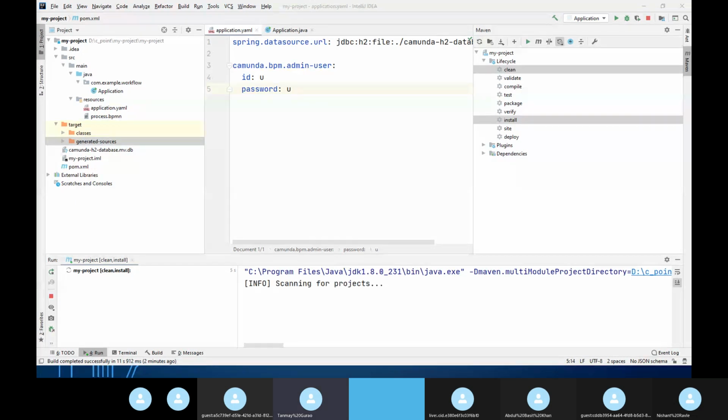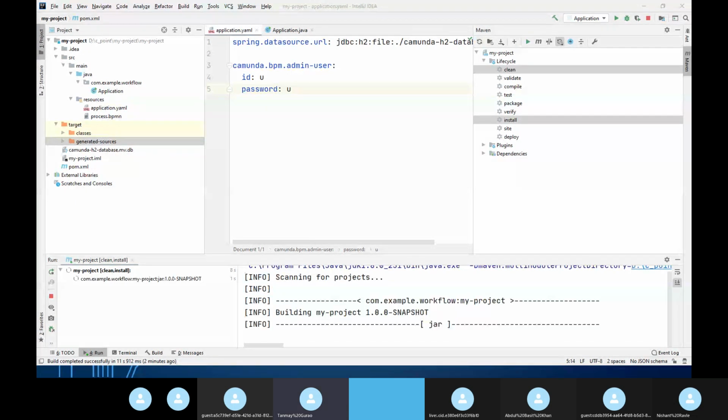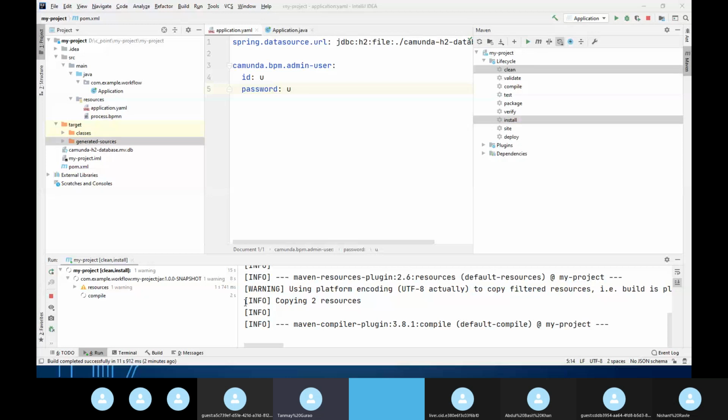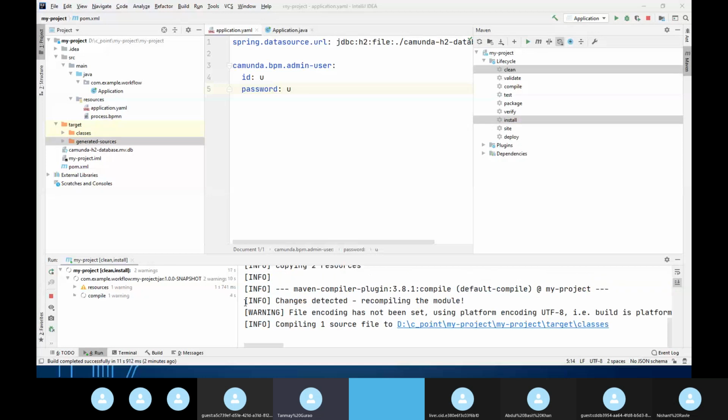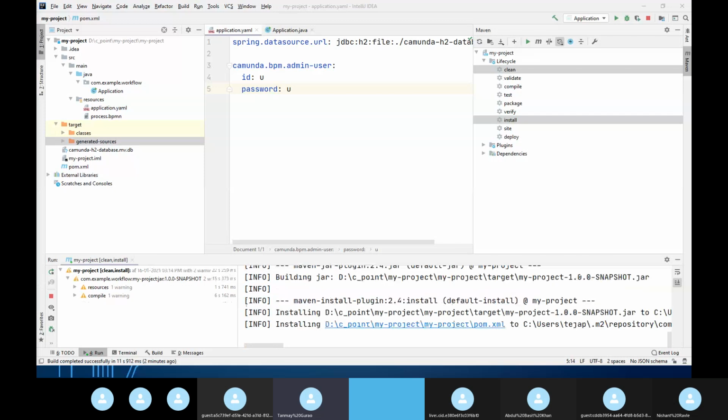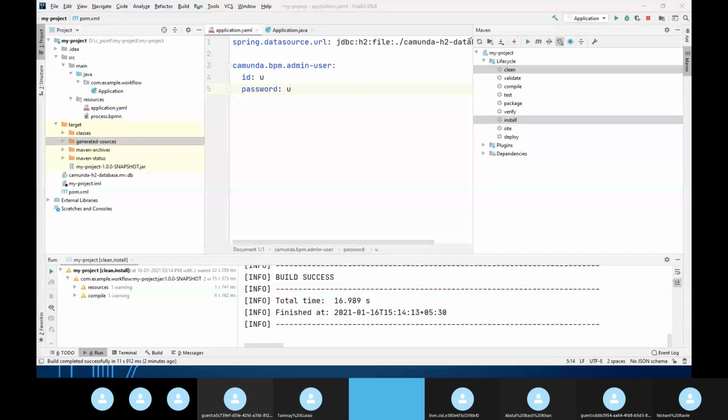Sir, I had a doubt. Yeah, go ahead. The war file is created here. In Eclipse we had the war file which was created when we ran a Maven install. Which file? WAR. Can you spell it? Yes, W-A-R. Got it. You can see now there is something called a jar file generated here. Similarly, in Eclipse, you got the war file.